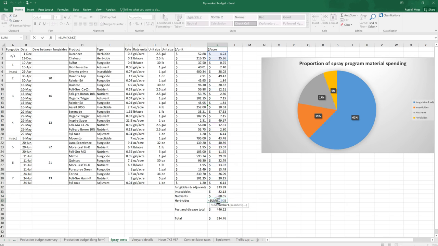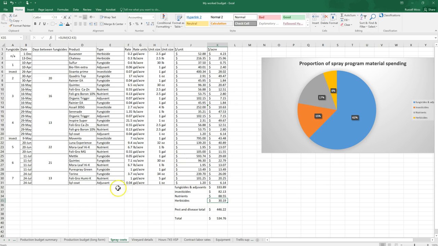And then my herbicides. And then I'll take a total for just the fungicides, adjuvants, insecticides, and herbicides. And then that'll go into my pest and disease budget as the materials used for spraying for pests and disease. All right, and then the nutrients are going to go into their own budget